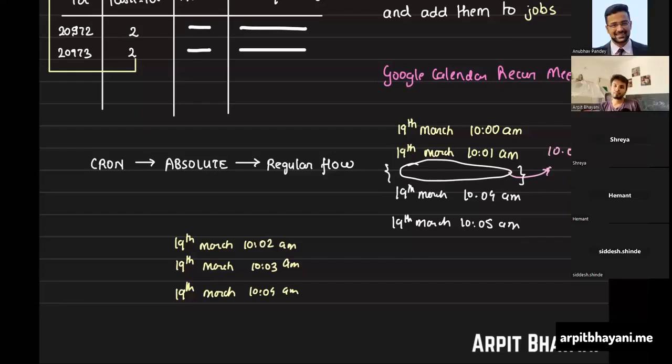Yes, Arpit. So we are taking the pickup time into consideration, but can we add a new row when the job is getting picked up by the executor? I mean, before pushing it into Kafka itself for processing. So let's say at 10 a.m. the executor picks this up, and one more job is, if it's recurring, to add a new row in the DB and then put it in Kafka. Then we won't miss such times also, right?